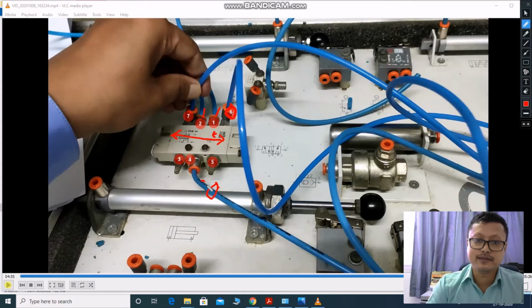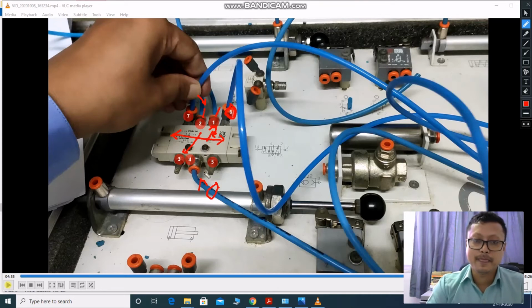The compressor air then goes through port number 1, which is connected to our double acting cylinder. On the other side, from 2, air is exhausted to the atmosphere from port number 3.